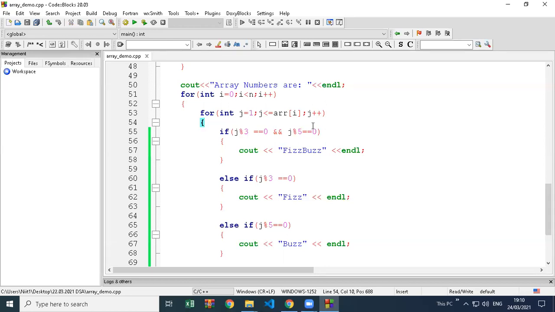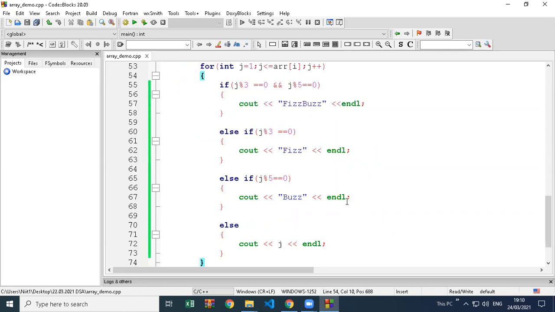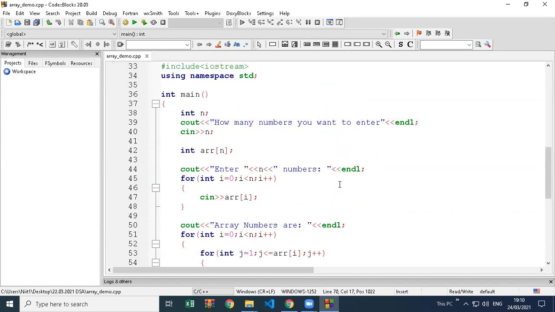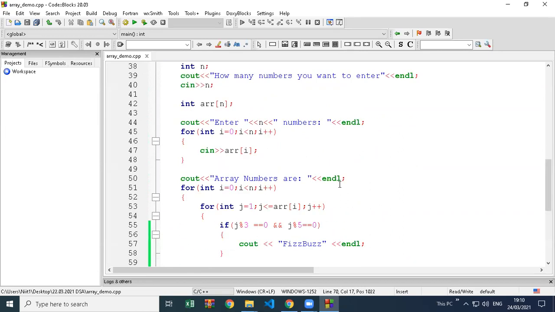We already used the array. So we already created this demo, and in this demo we just have to add a condition. That's it. Everything was there. We just have to add if else here. That's it. This was only remaining in this demo.